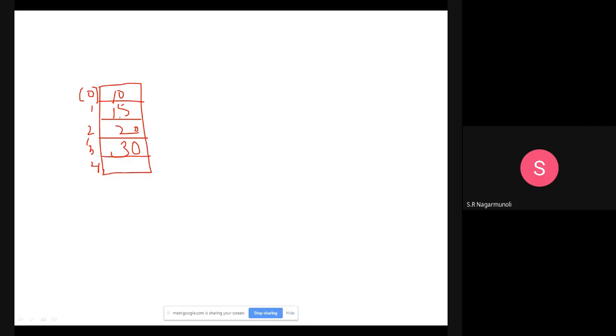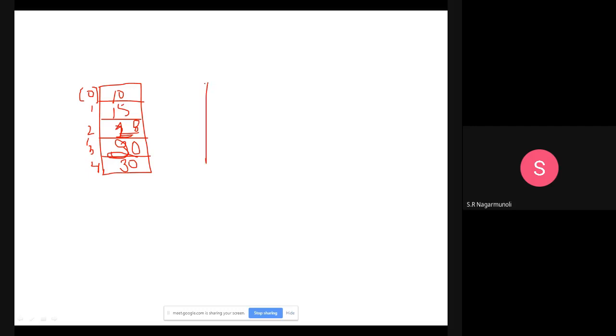If I directly write 18 immediately after 15, then I lose the value 20. So we first move 30 here, then move 20 here, make this place empty and available, then we can store 18 here. So this is how we insert an element in the middle of the array.